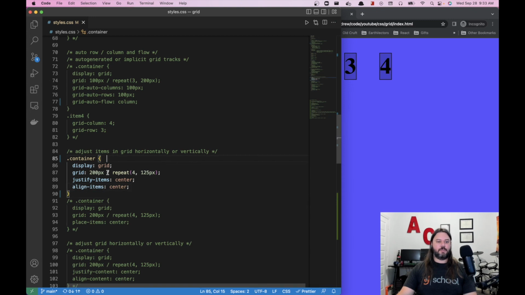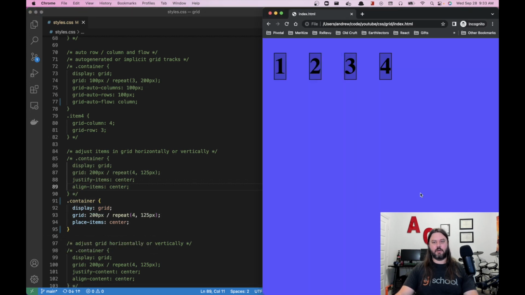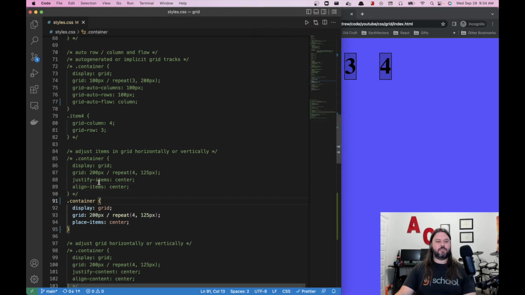Another way to specify this with shorthand, which there's a lot of shorthand if you aren't picking up on that in grid. So definitely check out different ways you can do shorthand with each of the elements. With this one, it's called place items. And so that's gonna set both justify items and align items to center. So we see that that happens here, and this is the same thing that we specified with the 2 attributes. All right,